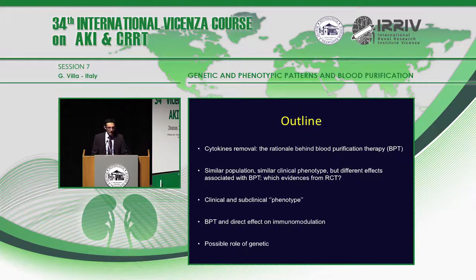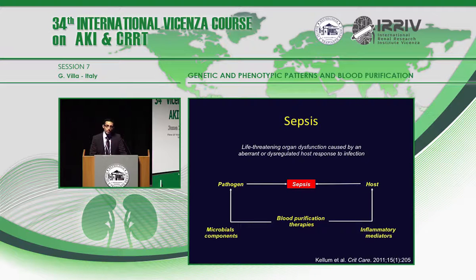different studies. A clinical subclinical phenotype should be recognized for septic patients, and we have to recognize that blood purification therapies may have a direct effect on immunomodulation of these patients. So, just briefly, as we know, sepsis is one of the most important causes of death in intensive care unit. According to the new definition of Sepsis-3, it's a life-threatening organ dysfunction caused by an aberrant